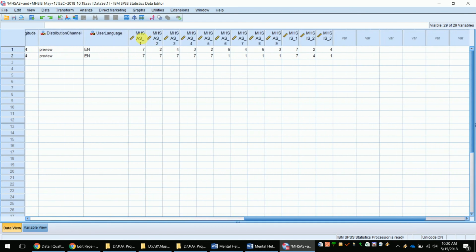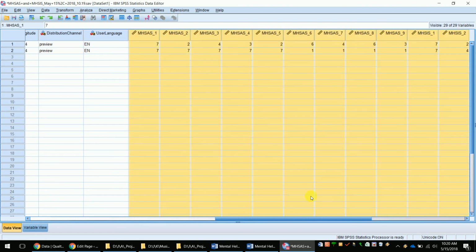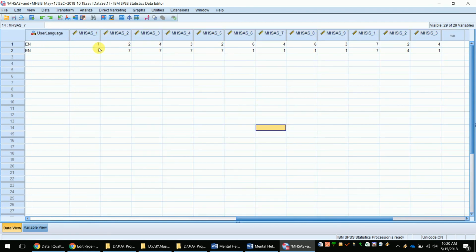English, and then we can see the items here. So let's make these a little bit wider. Okay, so we can see our responses. So for our most recent responses, in this case, we can see the 9 MHSAS items. So for the first time we took it, and then the second time we took it, as you recall, we were